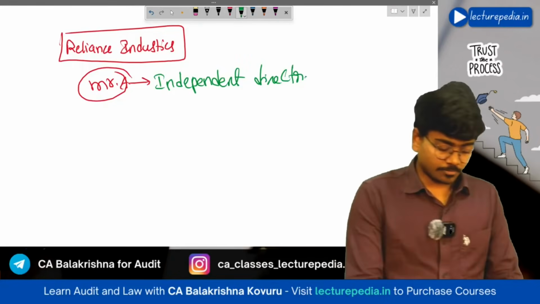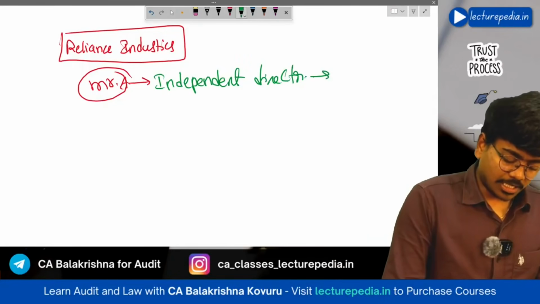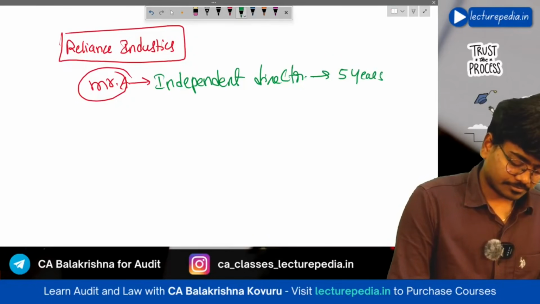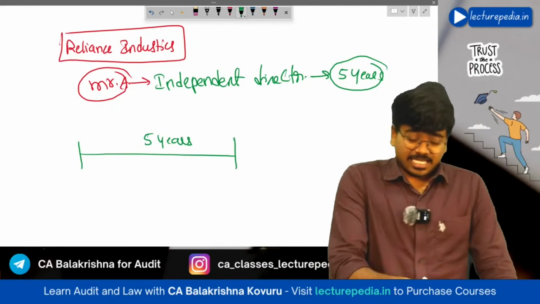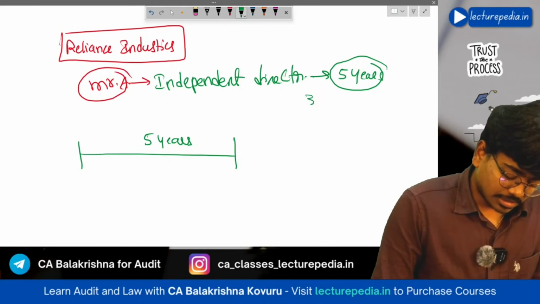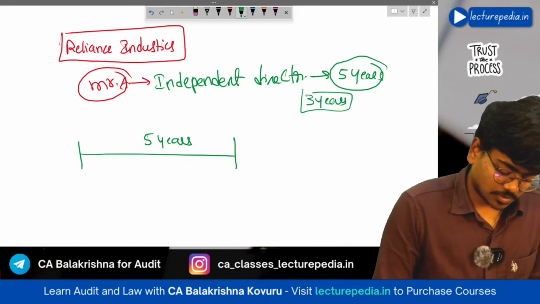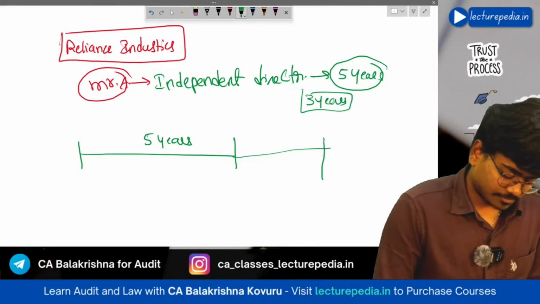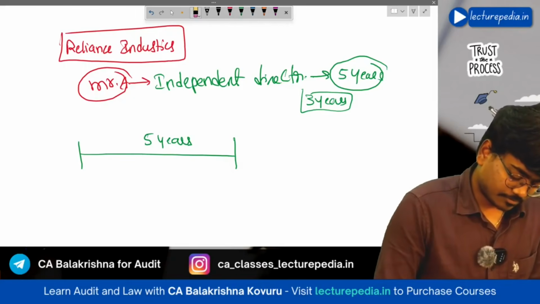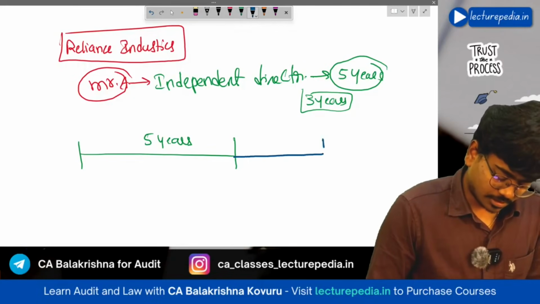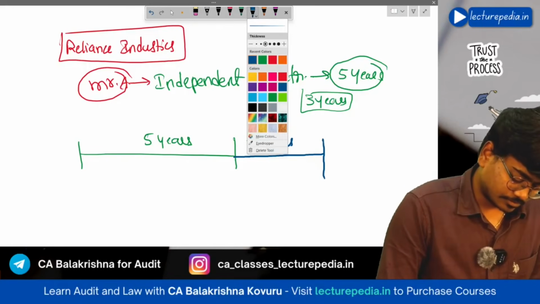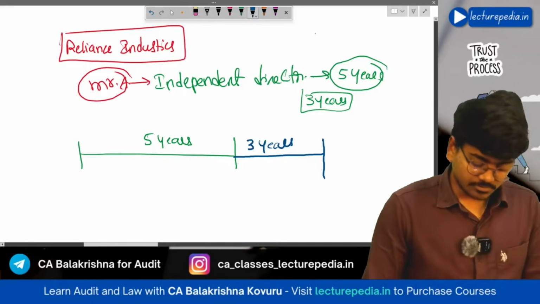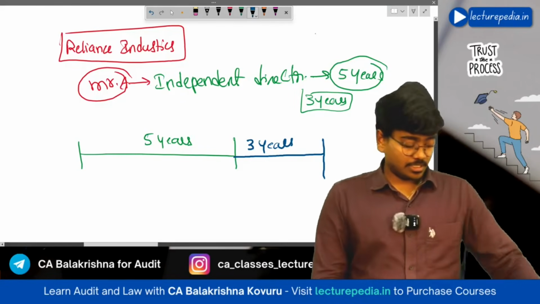Okay, so the first time it has appointed him for 5 years. The first term is for 5 years. The second time it has appointed him for 3 years. The second time appointment is for 3 years. Now